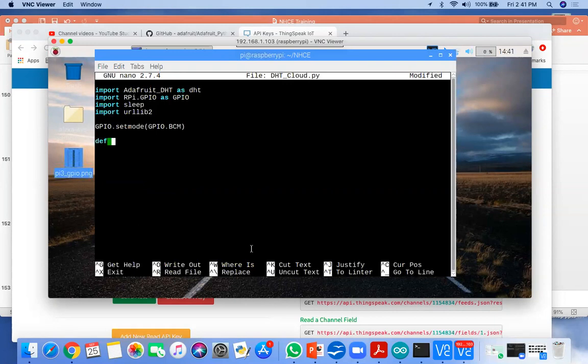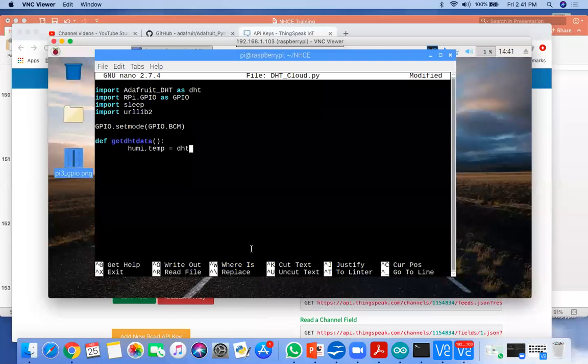Now I'm writing the definition, get DHT data. First, humidity comma temp is equal to DHT dot read underscore retry, and first is DHT11, and at GPIO 4 I have connected my DHT. Next you have to return the values.